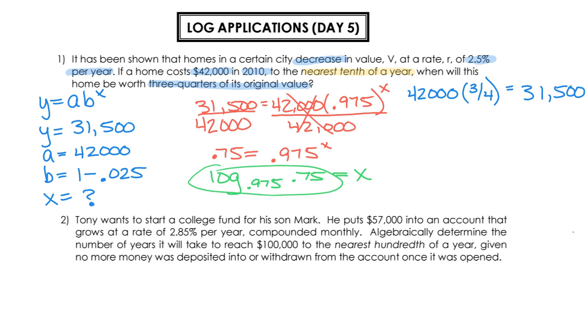Again, why that's helpful is this can be transformed into a division problem. Log on top, log on the bottom, 0.75 on top, 0.975 on the bottom, because the base, which is 0.975, goes in the basement or the denominator of our fraction. And we'll type it in. Don't forget to close the parenthesis after the 0.75 before you hit the division. And we should end up with